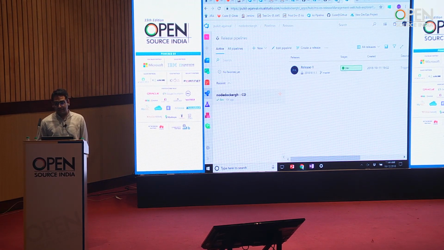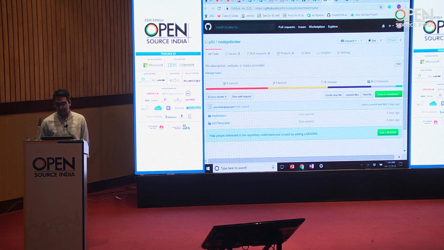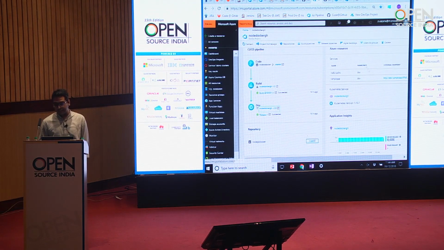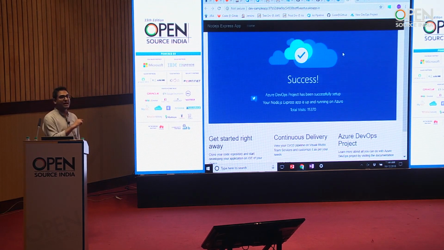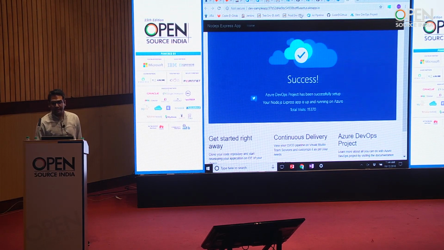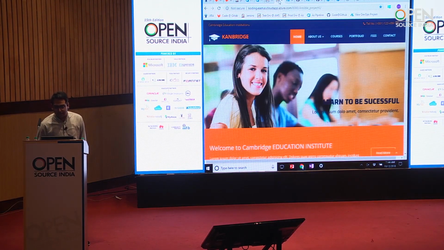So at the end of it, you will have a sample pipeline which is up and running on this Kubernetes endpoint, and you can play around with that. So this is a sample application that we started with in GitHub, and we were able to deploy it to a Kubernetes cluster, right? Okay, I think that's what I wanted to cover.